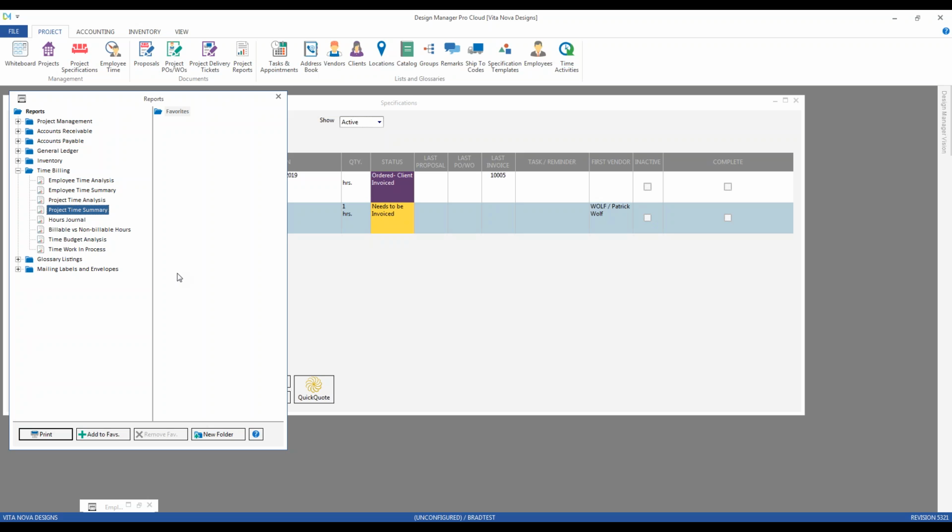And with that, that brings us to the end of our discussion on employee time and time billing today. I tried to discuss in depth many aspects related to recording employee time into Design Manager, either by using the specification window or the employee time window. We also discussed or alluded to the employee time import system, which again, please review that webinar when you have a chance. I went into great detail on the concepts of employees, time activities, time exceptions, and reviewed several advanced